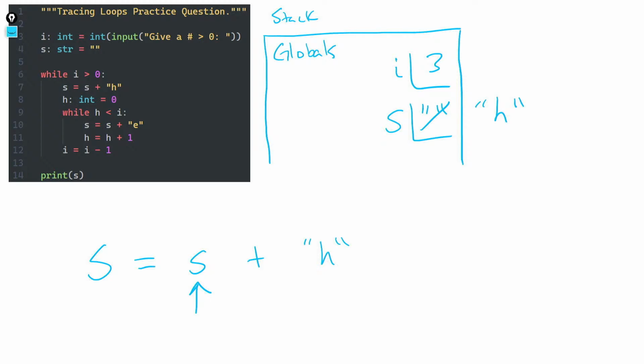So when we see this s that's unquoted, we go and look up, what's the current value of s in memory? It was previously the empty string, so that's why we substitute the empty string there. We use the value h as a string value because it was quoted. So we're not using a variable named h, even though later on in our program we'll have a variable named h. We're using the string h here, and there is a difference between a variable name and a string value.